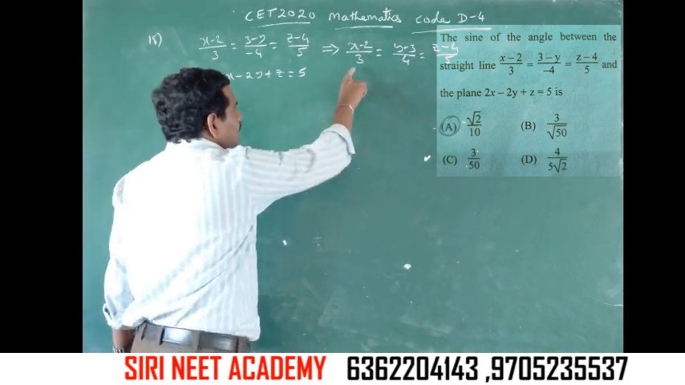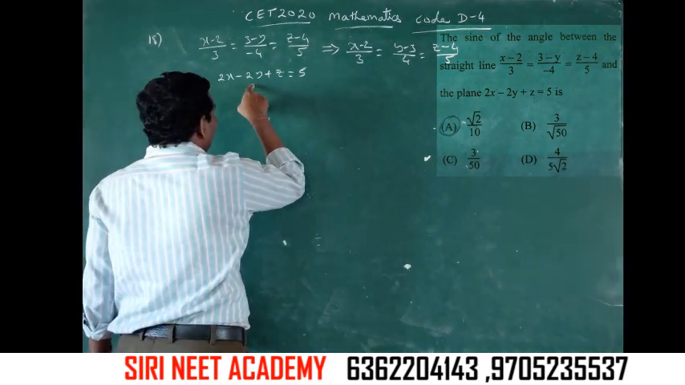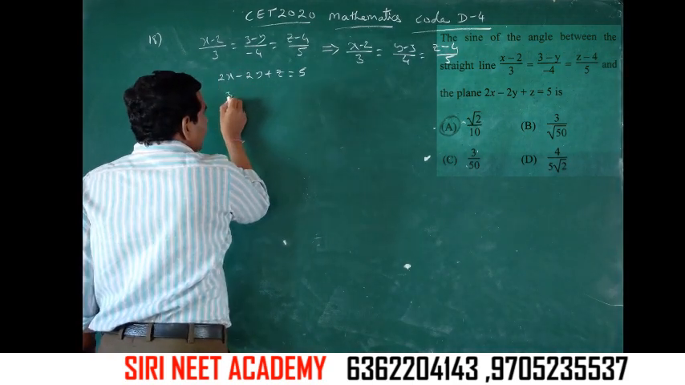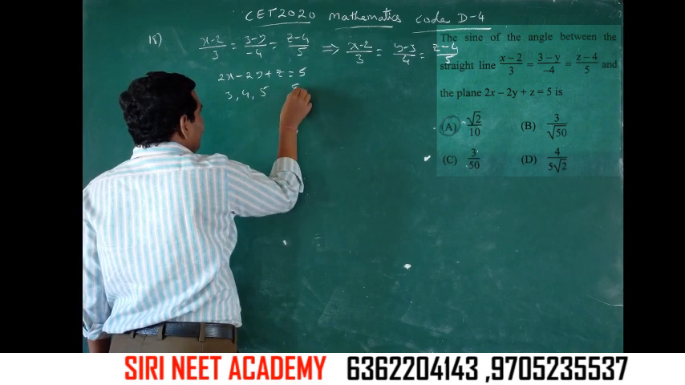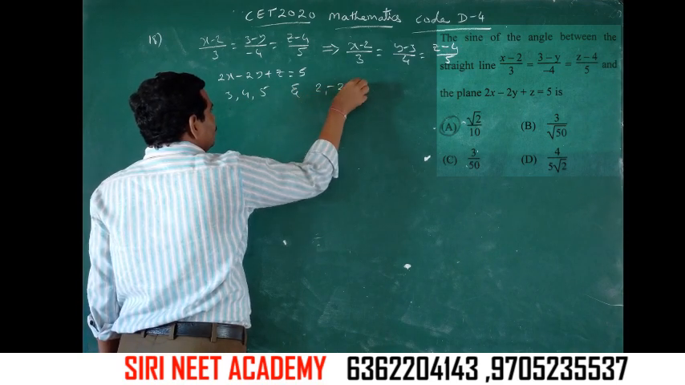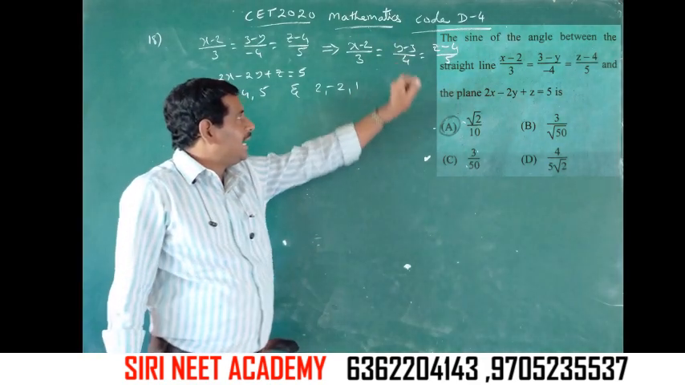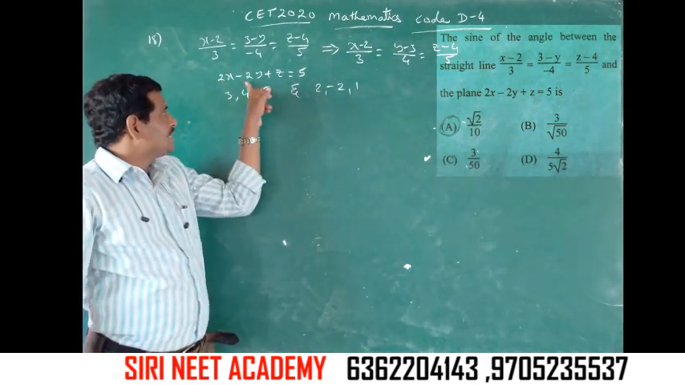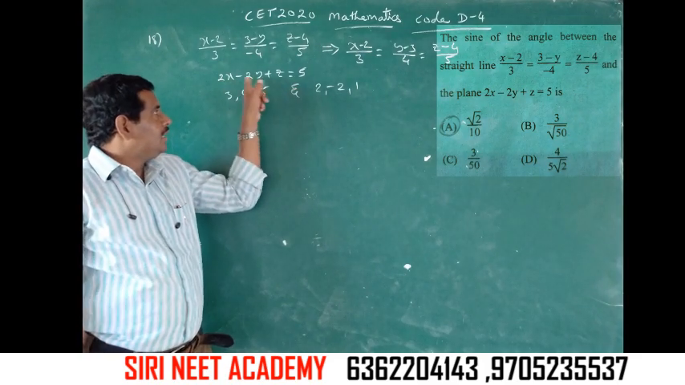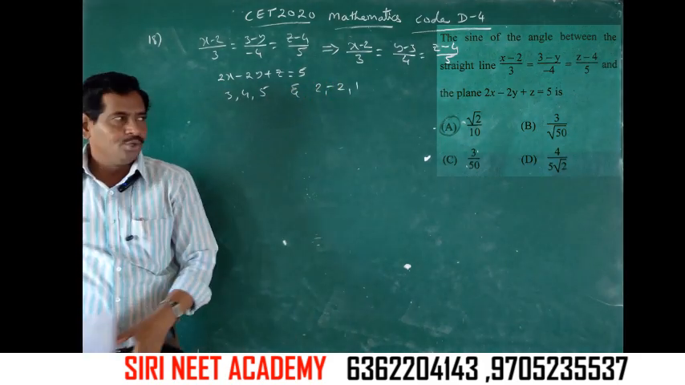So 3, 4, 5 and 2, minus 2, 1. These are the DRs parallel to this line, and 2, minus 2, 1 are the DRs perpendicular to the plane. So,